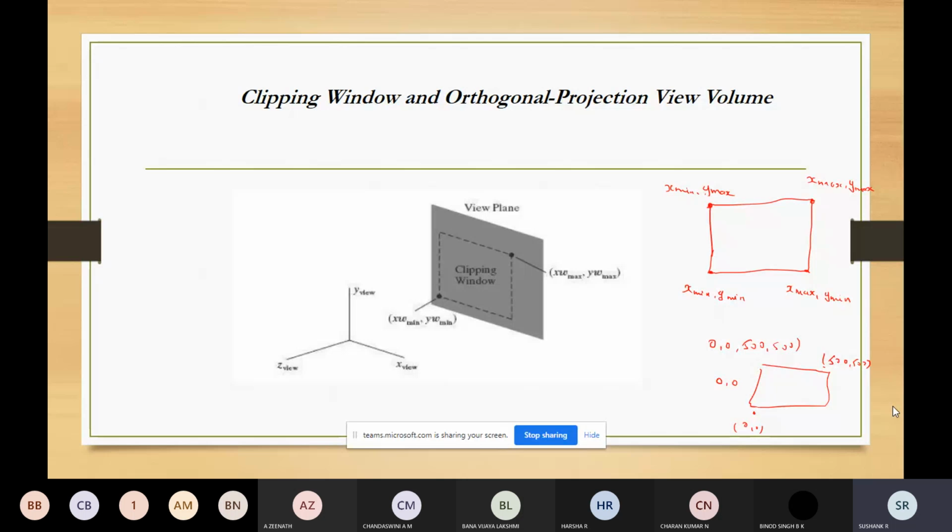The type of lens will decide the frame, how much of the scene will be captured on the film. In the same way, wide angle lenses will have more frame size compared with the regular lens. For computer graphics applications, we are using this clipping window.